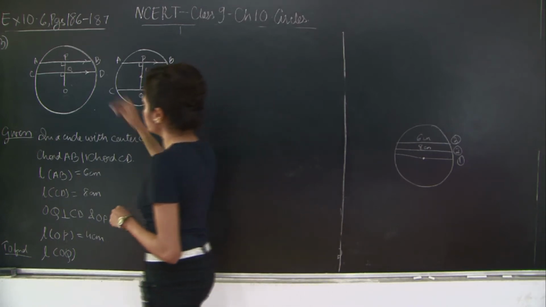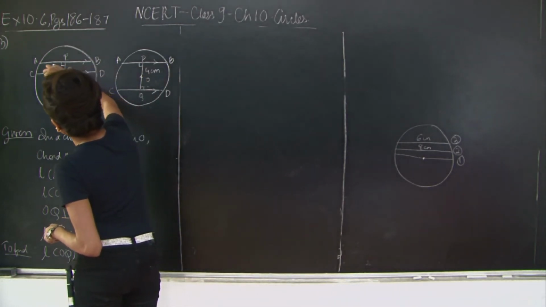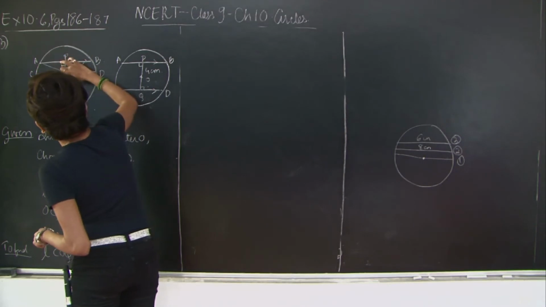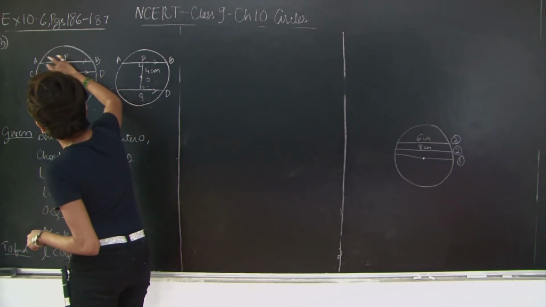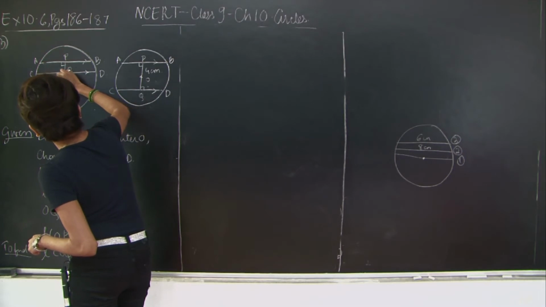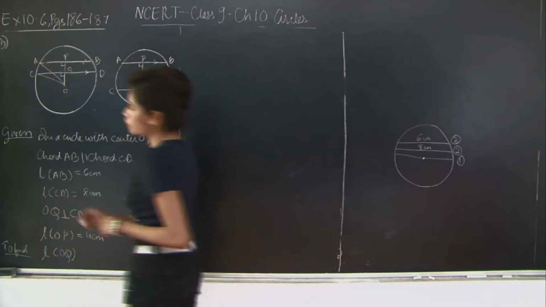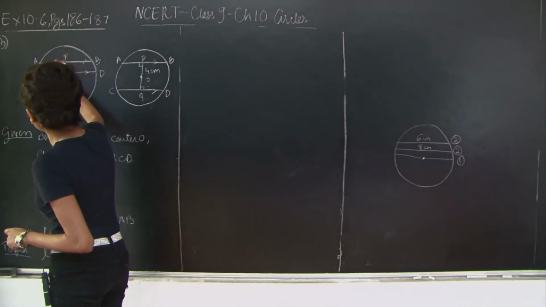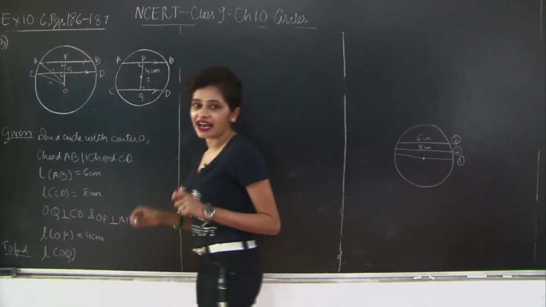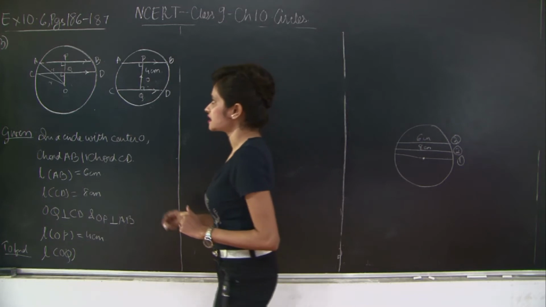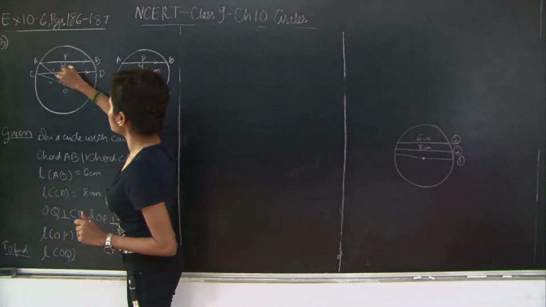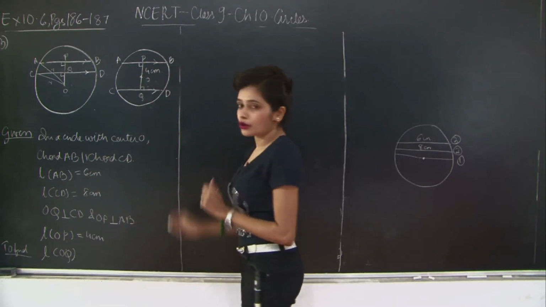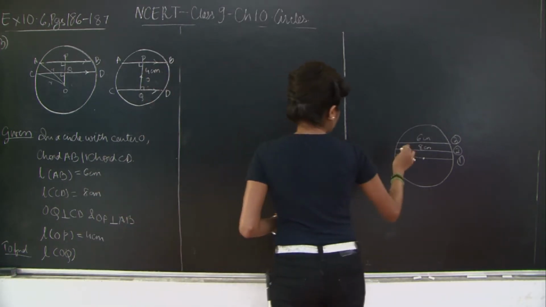What we are going to do is connect these radii from O to C and O to A. Now if you notice, if I give the same length R to OC, it will be the same as OA, and I have two right angled triangles. So which are my two right angled triangles? OCQ and OAP.